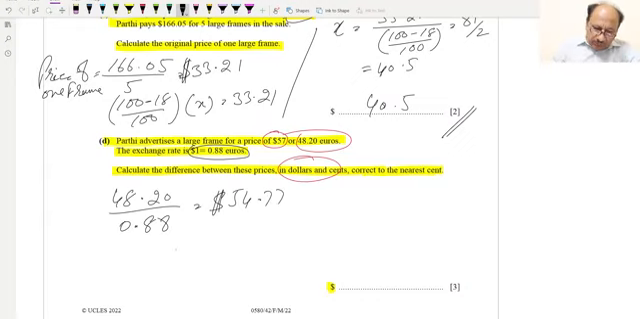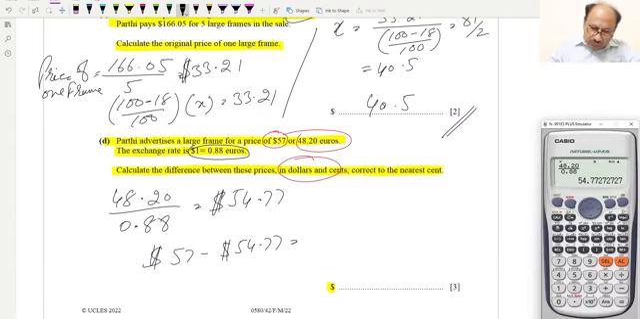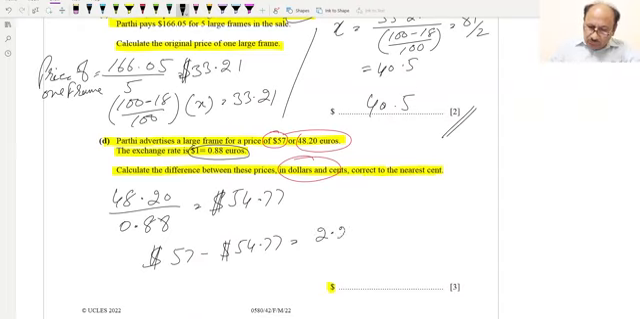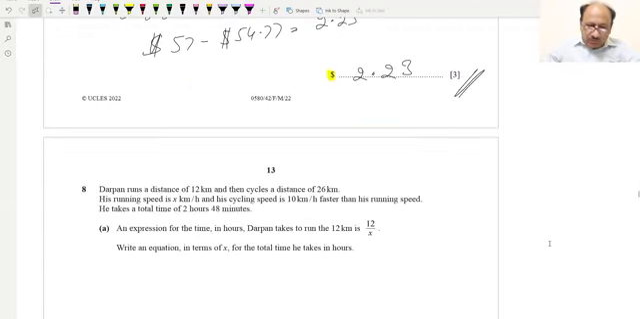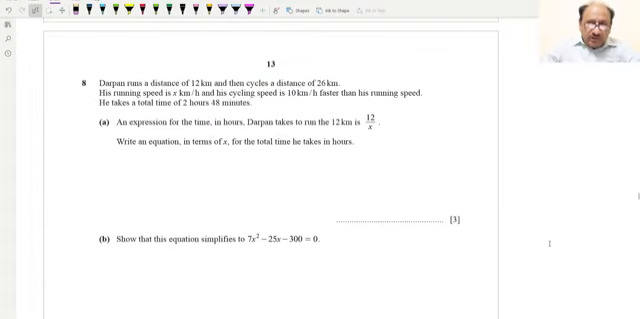So 54.77. Now we can compare. We'll check the difference: $57 minus $54.77 is equal to 2.23. So $2.23, and this is for 3 marks. Hopefully you understood this. Now we can move to question number 8, and question number 8 says Darpan runs